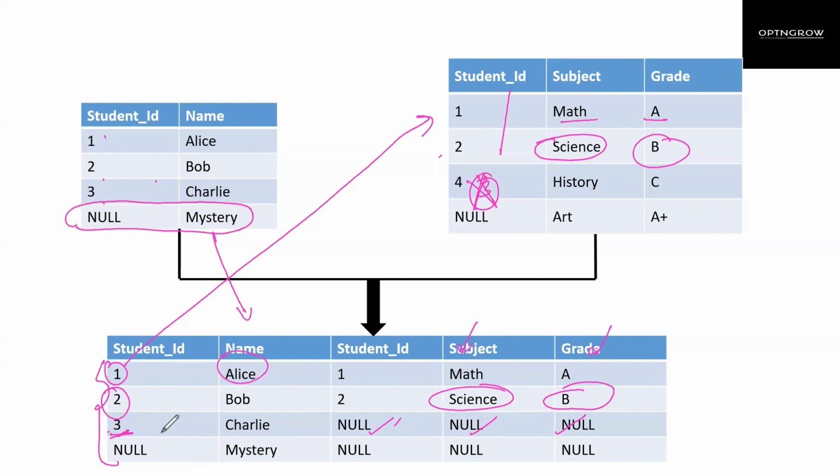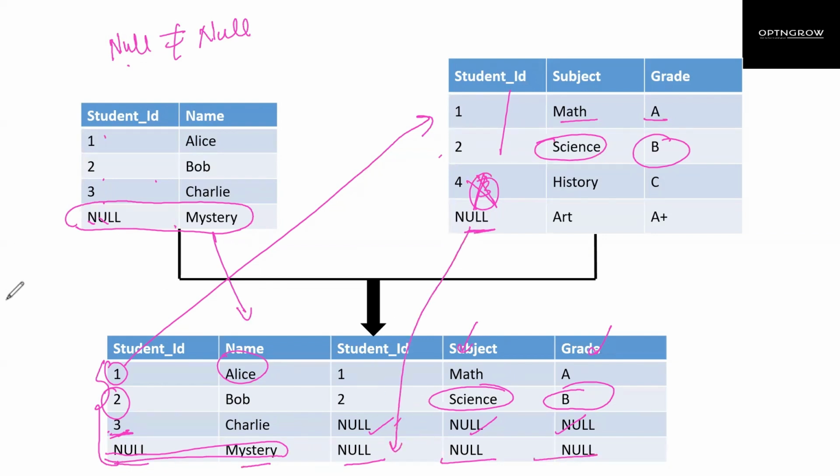Now over here again we have the last one, null, mystery, and as I told you, always remember this thing, that null is not equal to null. It's not that null is equal to null. Always remember this thing. So definitely this null is not equal to this null. So it will take this record from this table. And the rest of the values from the right table will be null, null, null. It will not take this one.